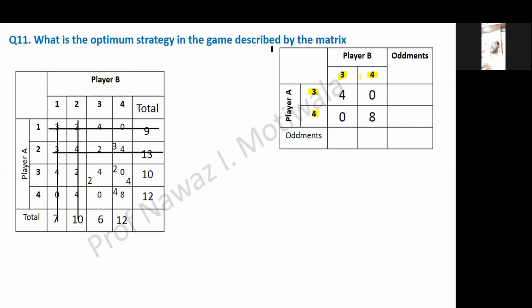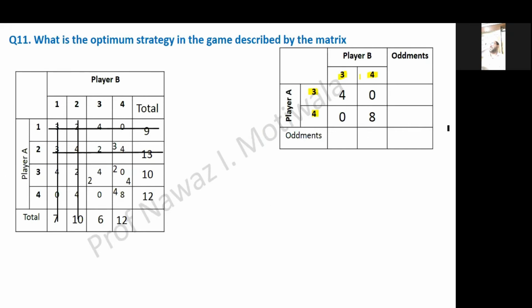This is the mistake which students make in the exam. They find the correct answer but write it on the first and second strategy. It is already ruled out. So please make a note of this. The strategy which remains is 3 and 4. Hence the answer which we will get after solving this by the oddment method will be on strategy 3 and 4. First and second will always be 0 for this problem. Okay, now proceeding forward, just a quick revision of the oddment method.